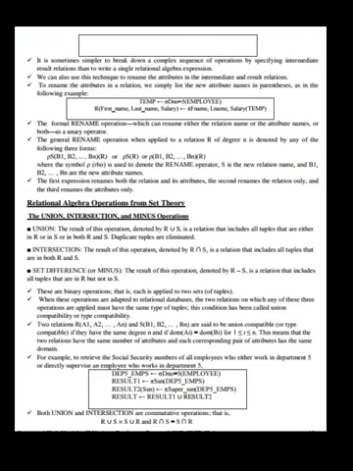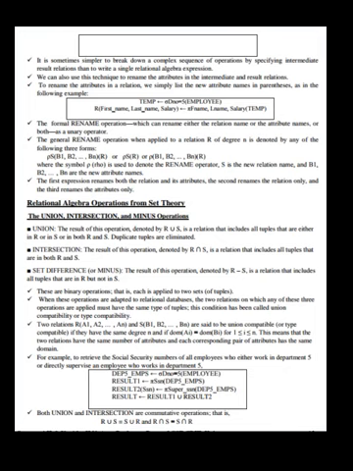The formal rename operation, which can rename either the relation name or the attribute names, or both, is a unary operator. The general rename operation, when applied to a relation R of degree n, is denoted by any of the following three forms, where the symbol rho is used to denote the rename operator. S is the new relation name and B1, B2, up to Bn are the new attribute names. The first expression renames both the relation and its attributes. The second renames the relation only, and the third renames the attributes only.